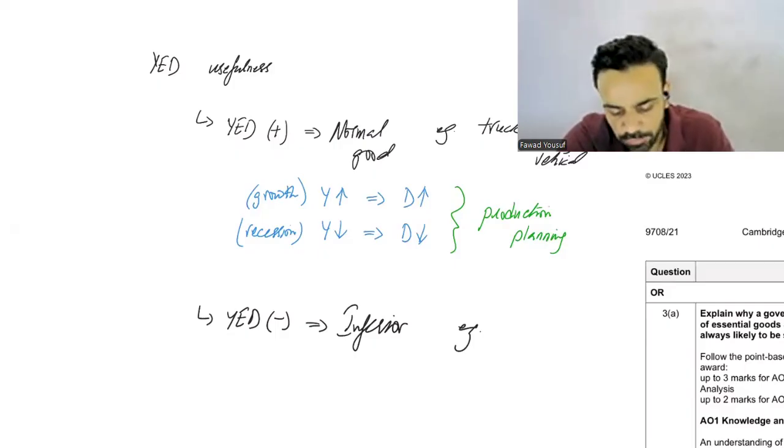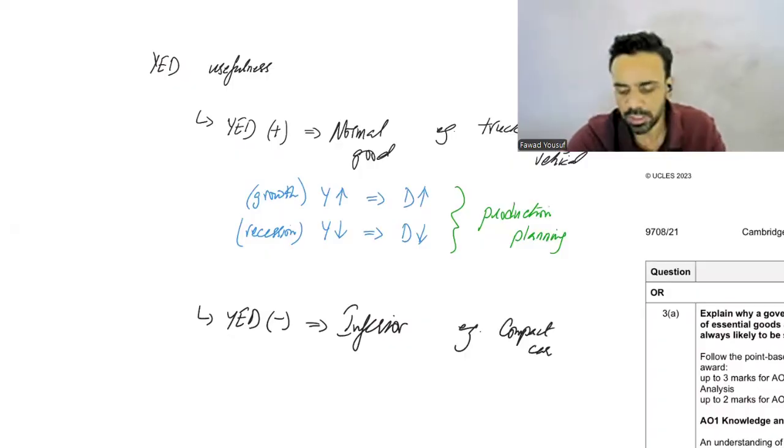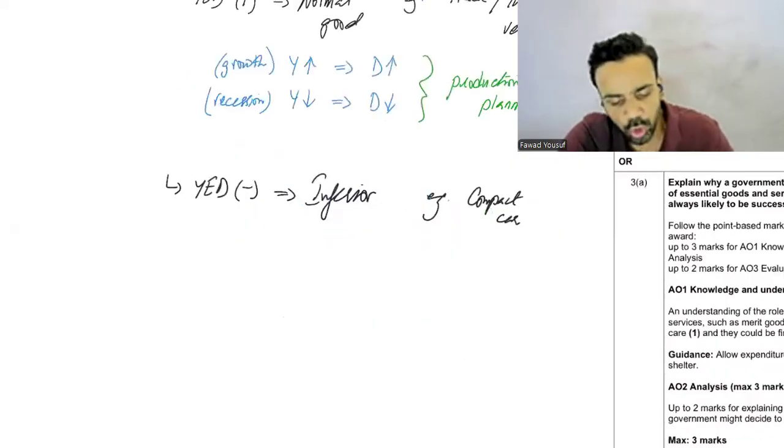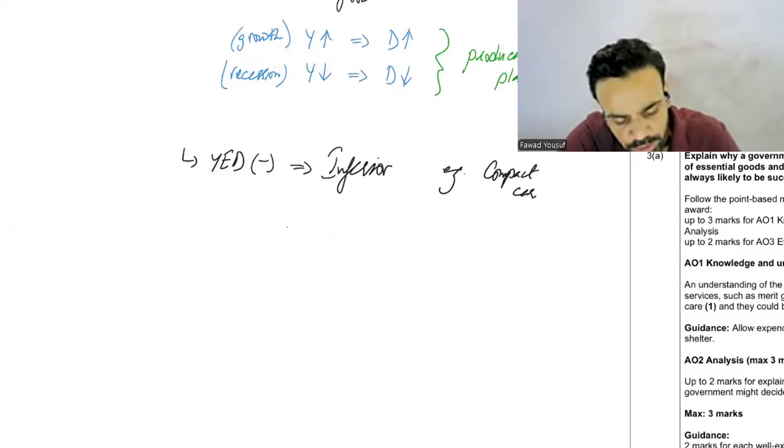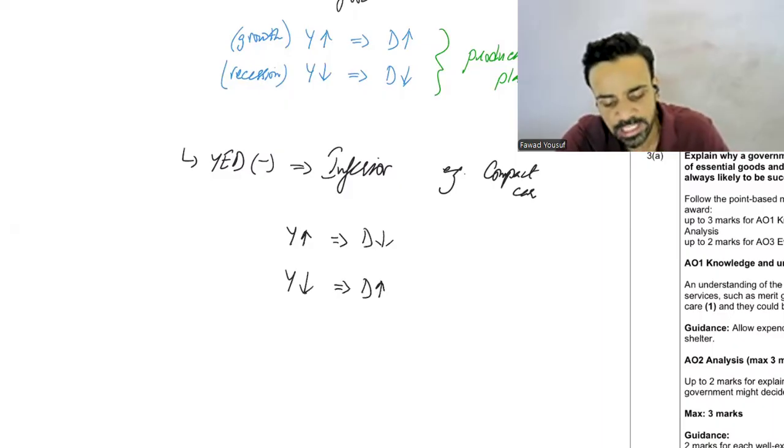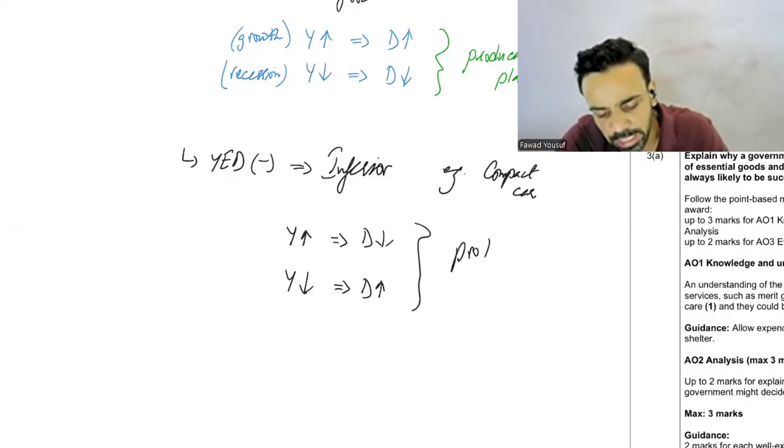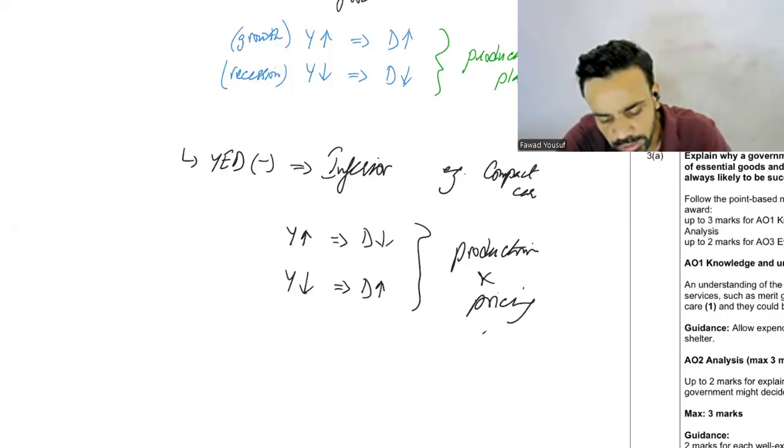के अंदर फॉर अ कार प्रोड्यूसर्स इट कुड बी, कार प्रोड्यूसर ही है ना, कार सेलर तो नहीं है, तो मैं सेकंड हैंड मार्केट्स को भी लेकर आ सकता हूँ। बट लेट्स से अगर किसी इकोनॉमी के अंदर कॉम्पैक्ट कार्स आर कंसिडर्ड इंफीरियर, तो उस केस के अंदर क्या होगा? इफ इकोनॉमी इज गोइंग थ्रू ग्रोथ देन द डिमांड विल फॉल, एंड इफ income falls down then the demand will rise. So again, same idea, they can plan on the production and pricing strategy के लिए they can actually use